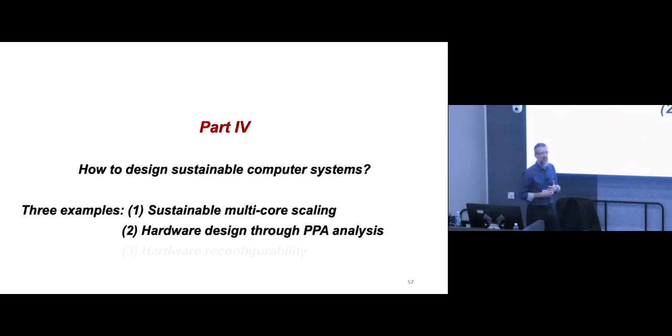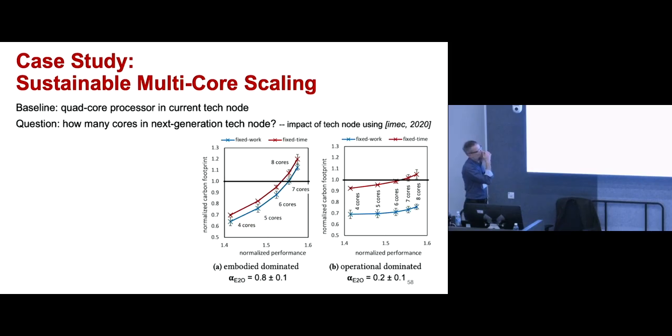So how do we design more sustainable, or less unsustainable, computer systems? I'm not a doom thinker. It may seem like we've been doing the wrong thing for many decades, but maybe there's a possibility to design more sustainable computer systems. I'm going to highlight a couple of things we could possibly do. One case study, which I also included in the ASPLOS 2024 paper, was the following. Say we have, and that goes back to your question.